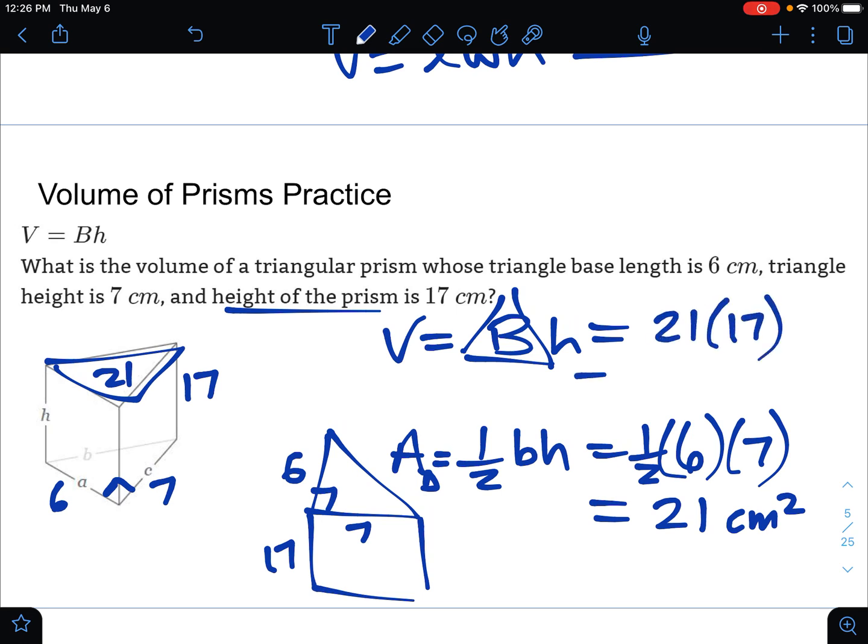21 times 17 would be our volume. And that's 357 units cubed. So centimeters in this case, cubed. That's how we can find volume of